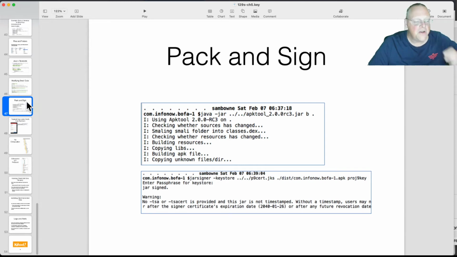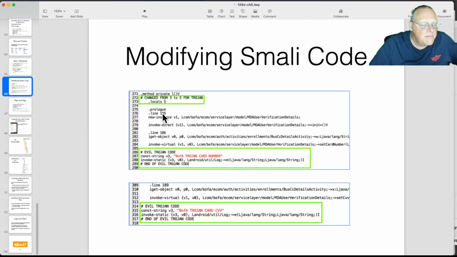I changed the 3 to a 5 in the bytecode. I did, because the way bytecode works is you specify up here how many local variables there are in this method. And if I was to reuse a local variable that was being used for another purpose, the app would crash. So what I did was change it from 3 to 5. So now, originally I could only use variables v0, v1, and v2. Those are the local registers you can use in the Java virtual machine. By changing this to 5, I made it possible for me to use v3 and v4,